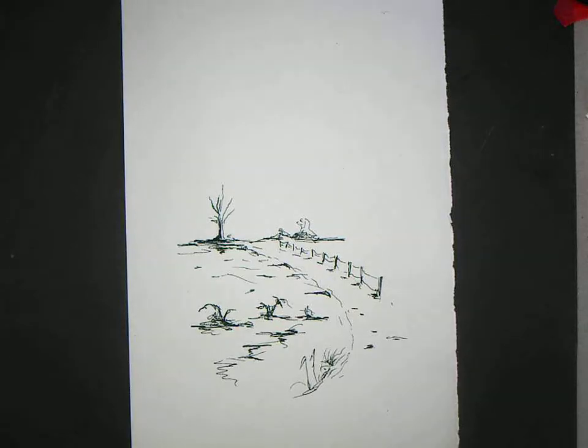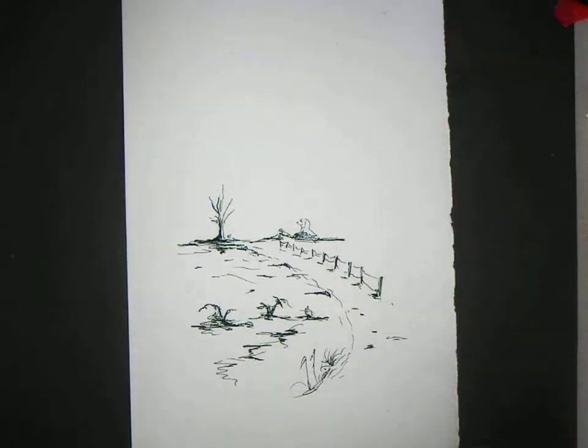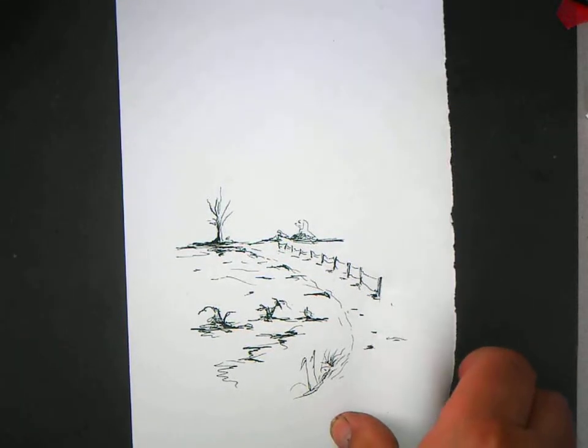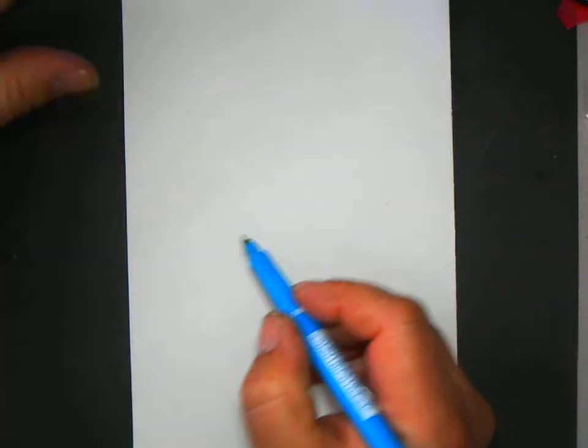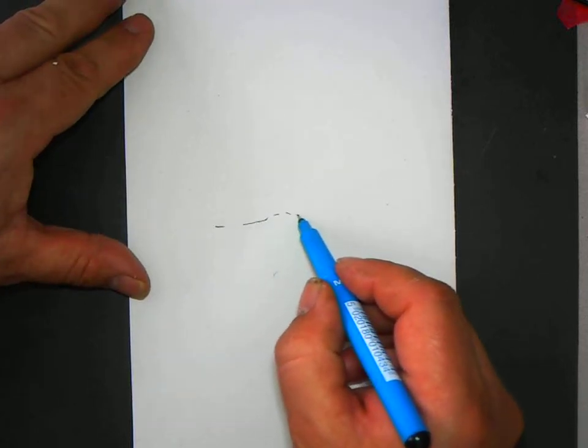The last time we drew a tree in winter like that with no branches on, we're going to draw a tree in a landscape now. So I'm going to show you how to do that. Basically we're going to draw that tree but a lot smaller in the distance. So here, about halfway up the page,